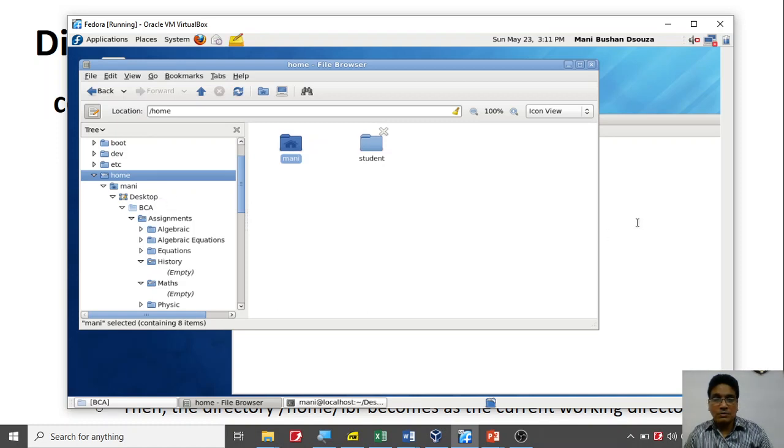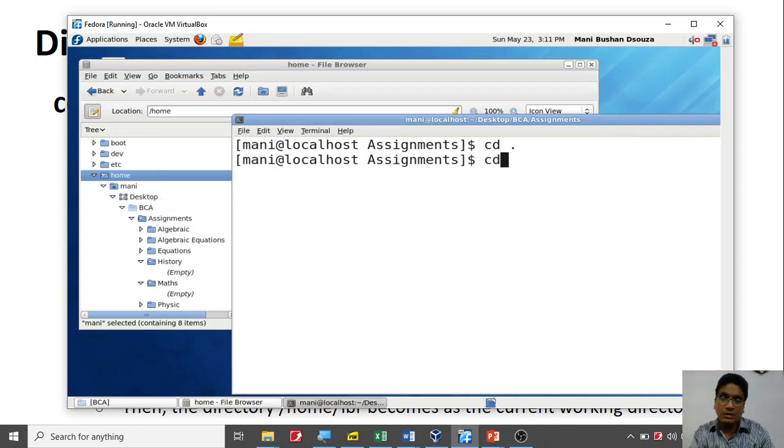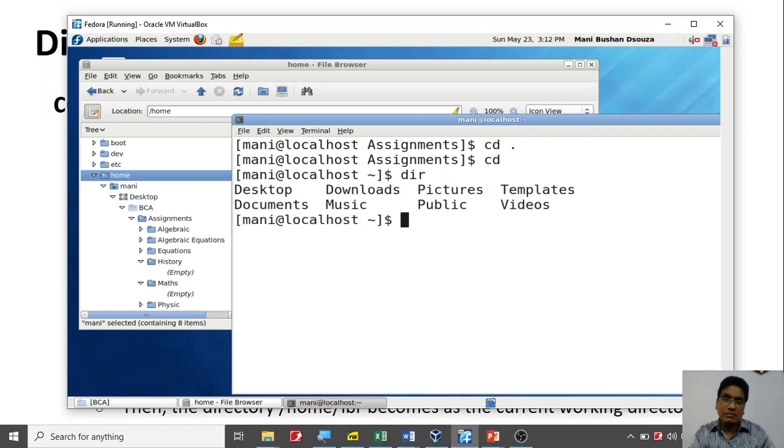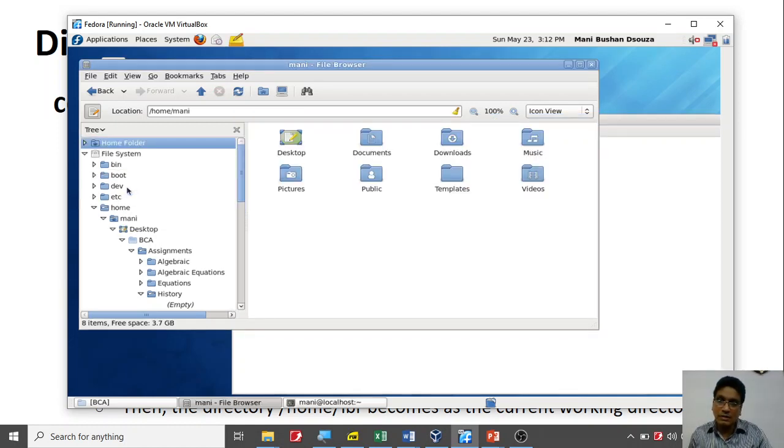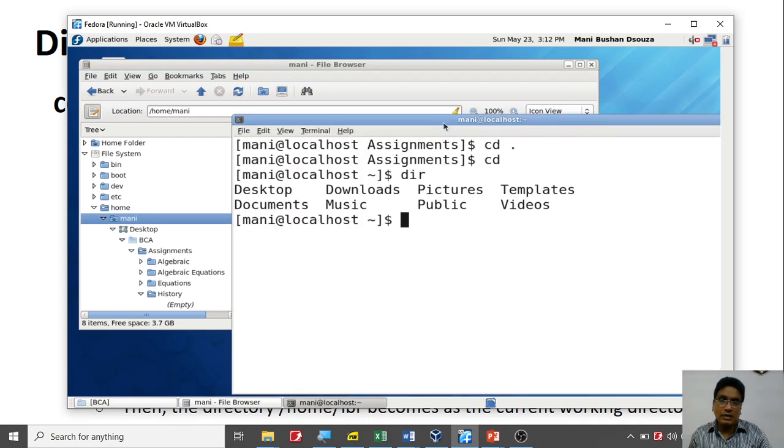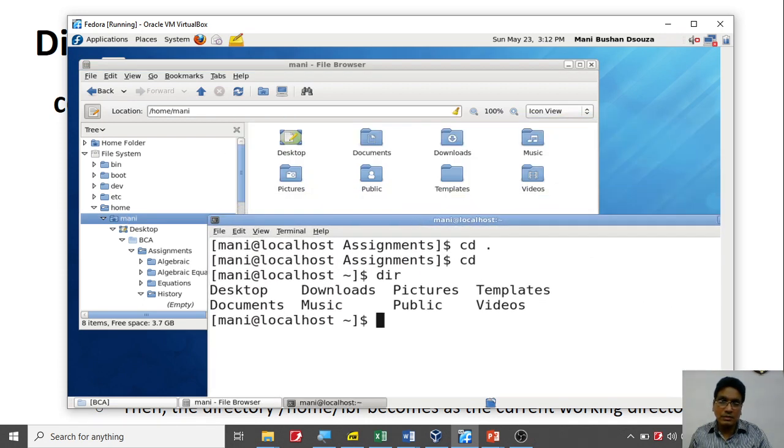What if I want to go to my home folder? If you just type cd and press enter, you will come to the home directory. So where is this home directory? If you type dir, you see this is my home directory. I've typed ls here, or dir or ls, both are the same.